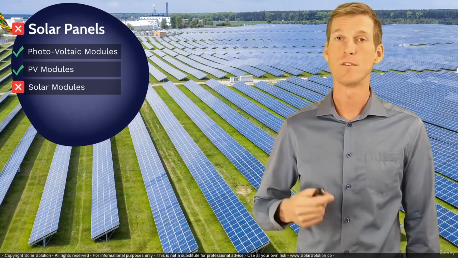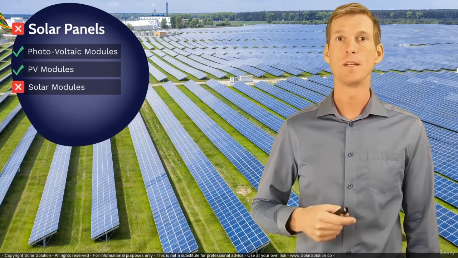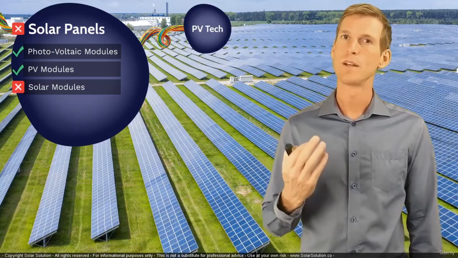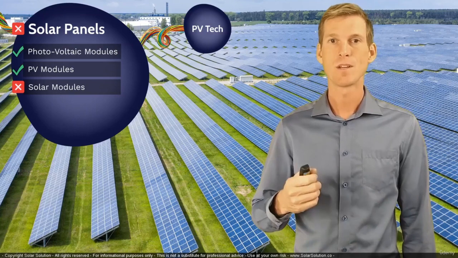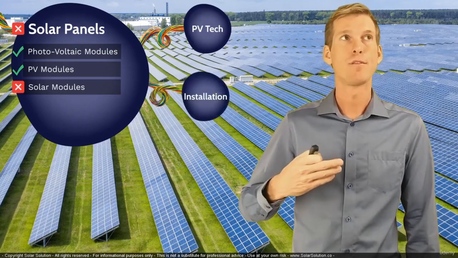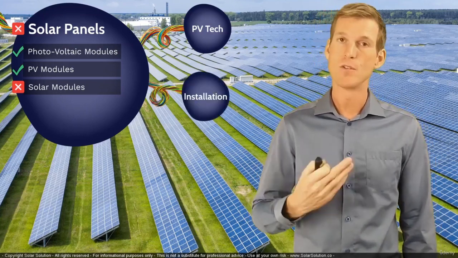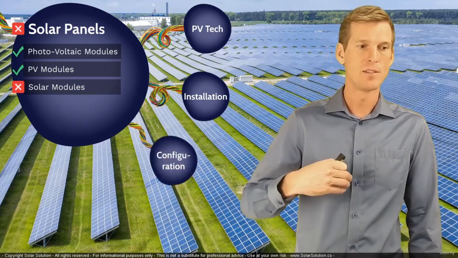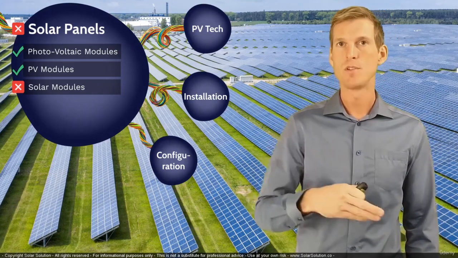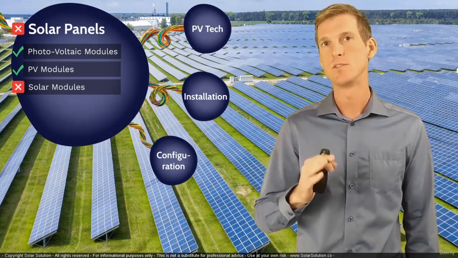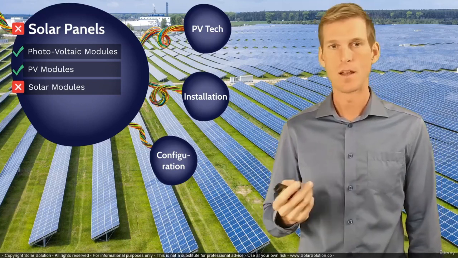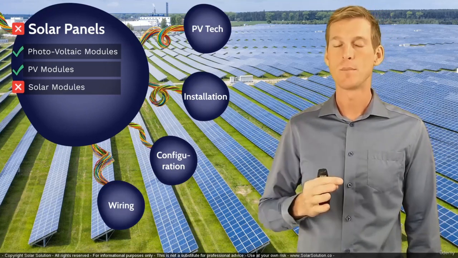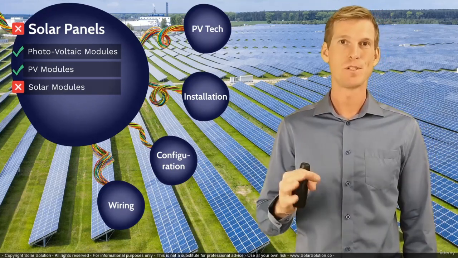I've organized information in 4 main chapters. The first one, being the PV Tech, will look at all the different technologies that are available and the core operating principle of solar panels. The second one, Installation, will look at everything related to the installation procedure of solar panels. The third one, Configuration, will look at everything related to how you could set up your system, what kind of options you have, the pros and cons, and everything related to how to configure your system. And then the last one, Wiring, everything related to wiring. So these are the 4 main chapters, and within those chapters we have a lot of sub-chapters as well.